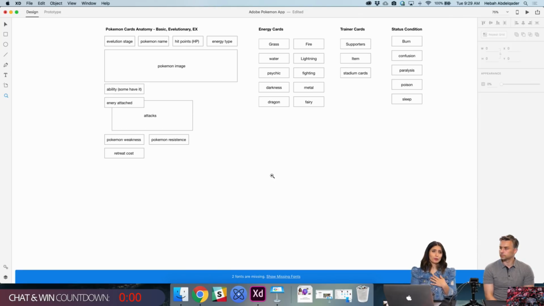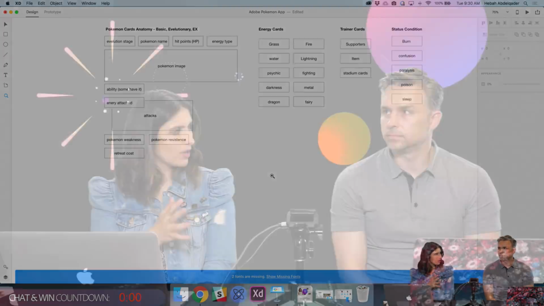I'm not going to talk about the repeat grid tool because I'm pretty sure everybody knows about that, and that is a game changer, especially when it comes to efficiency. We're going to be building something in about an hour, right? Oh, I like it. Yeah. So we're going to get started.